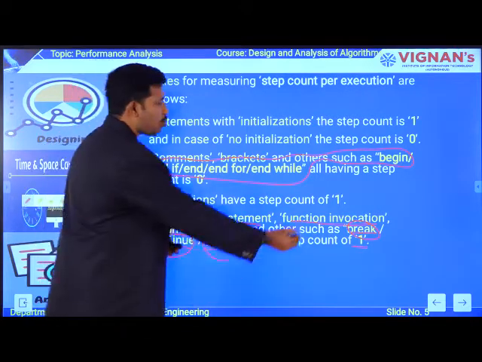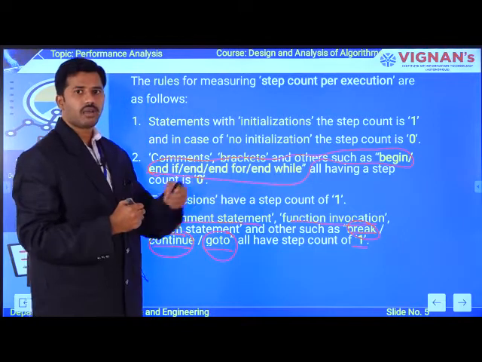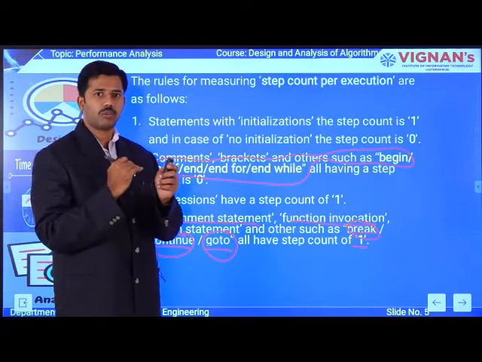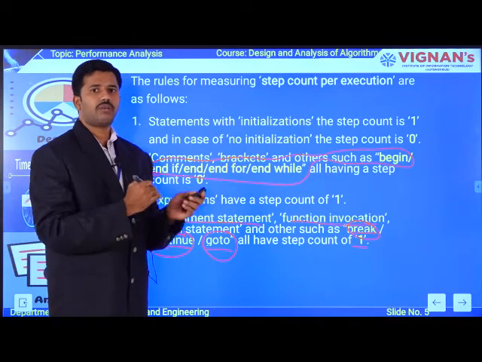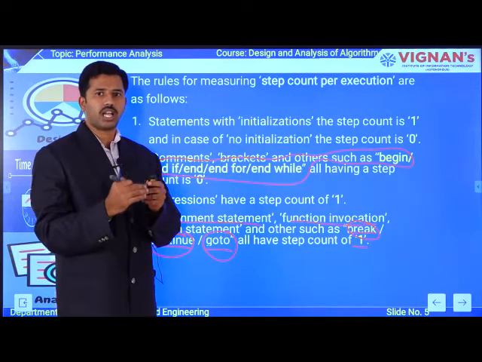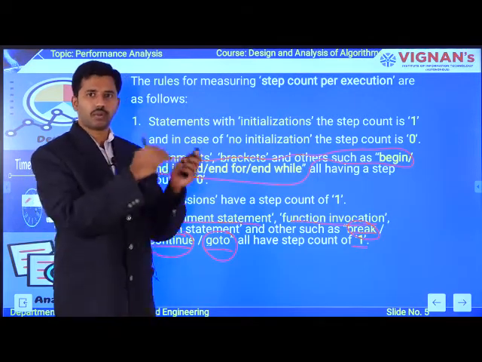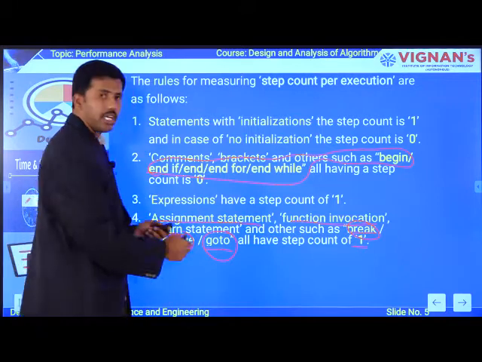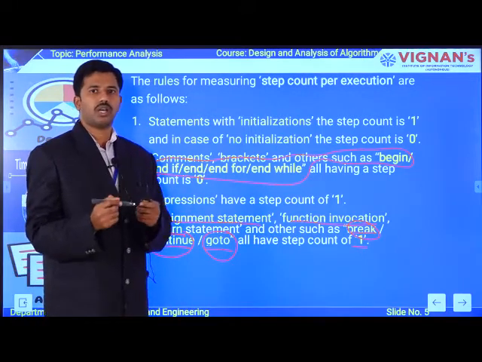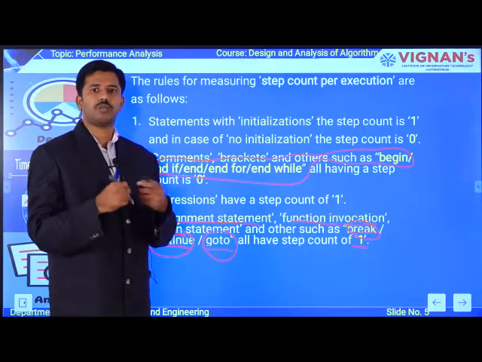Take an example of break. Whenever the break keyword comes into the picture, ultimately the execution of an algorithm halts. Whenever you encounter a goto statement, ultimately the control of an algorithm moves from one place to another place. Now coming to continue, whenever the algorithm encounters a continue keyword, ultimately the current execution is skipped.